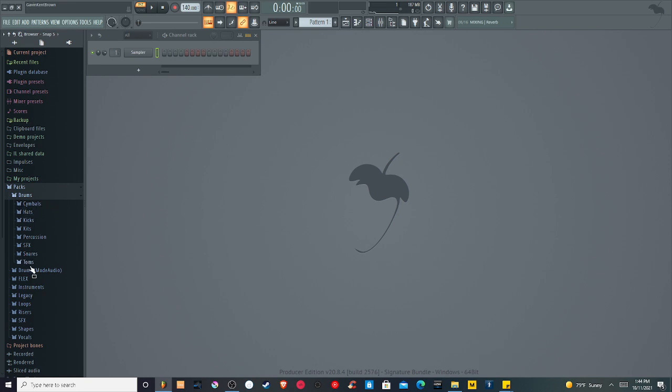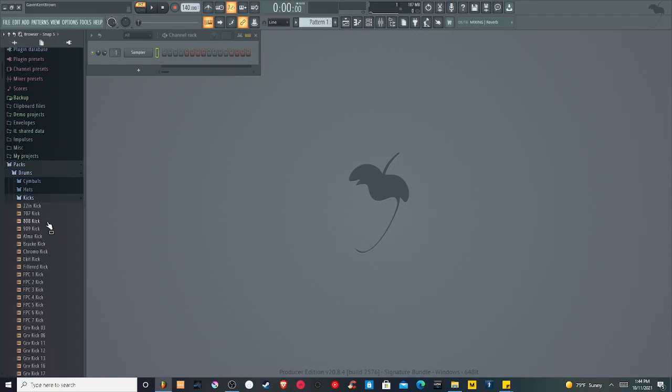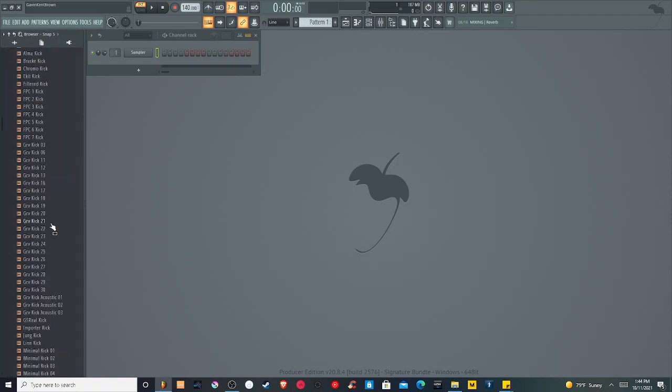We have a variety of them already: cymbals, hats, kicks, snares. If you don't know what these are, don't worry, we're going to go over these. We're going to start with a kick. So I'll open that. You'll see a bunch of different little named things here and lots of different numbers and the like. These are just different kick samples. These are basically the bass drum of a song. So if I click on any of them,